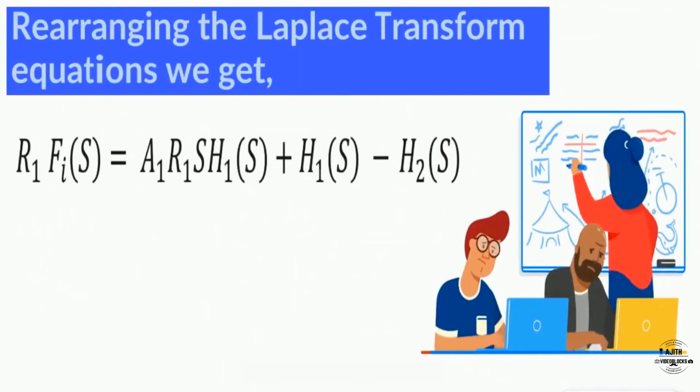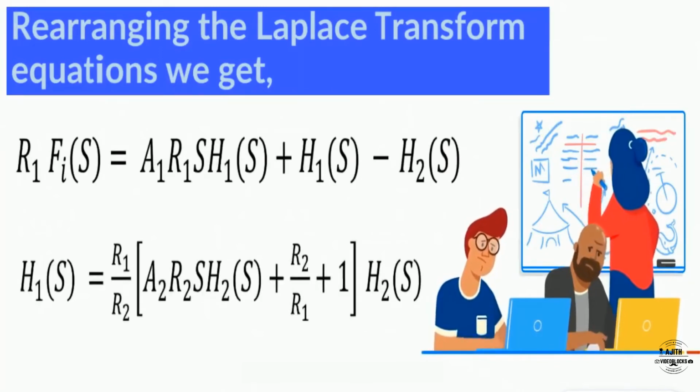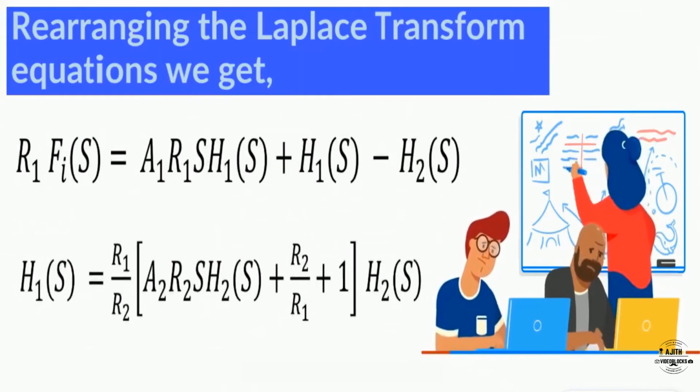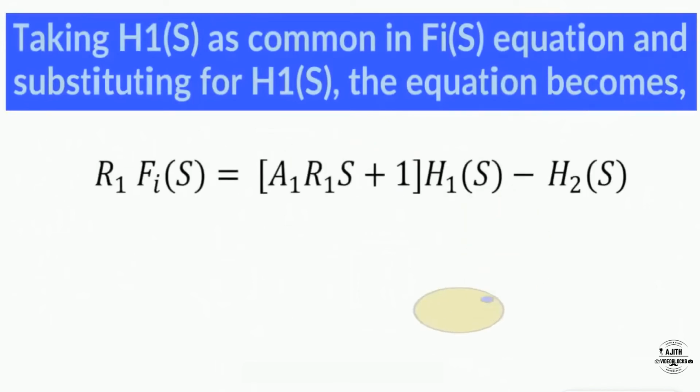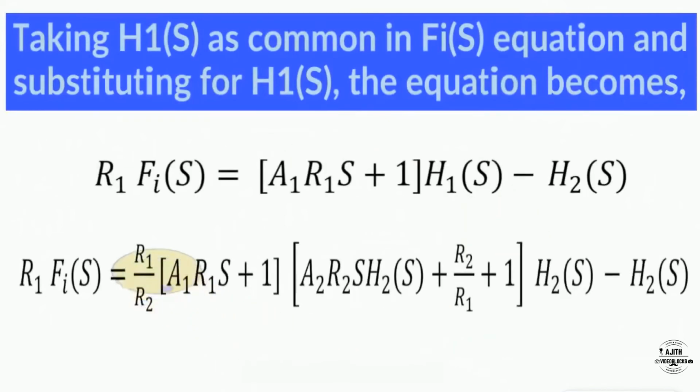Now from the equation of Fi, the R1 term is multiplied and simplified in the equation. Similarly, H1 by R1 equation is rearranged, to obtain the equation for H1 of S with respect to H2 of S. Now on taking H1 of S as common in the equation of Fi of S, and substituting for H1 of S, we get